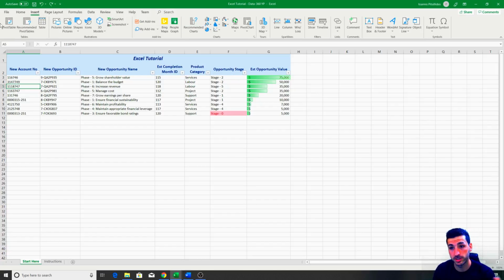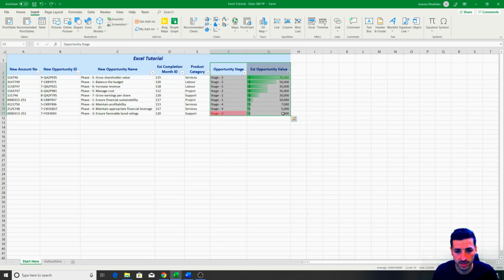Pivot table is very important, but we're going to show them later. Assuming now I want to create a graph, first of all, you need to select some data. We know how to select data. We literally select the data set here. Actually, we don't want the column names. So stage 2 and then the value, all the way to stage 0 and then the value, and we